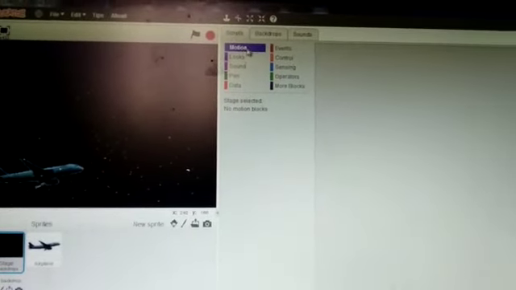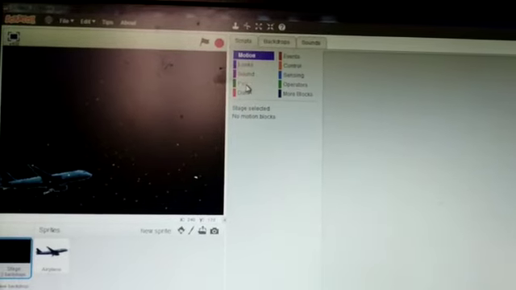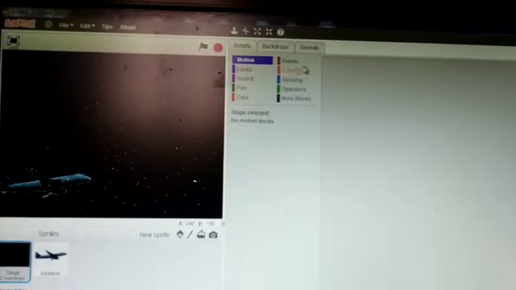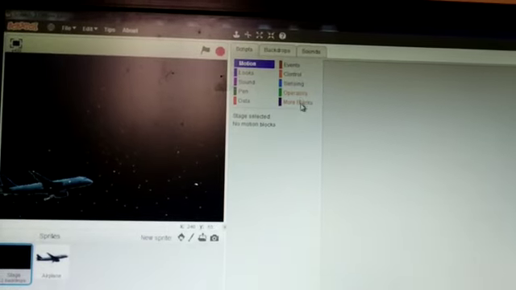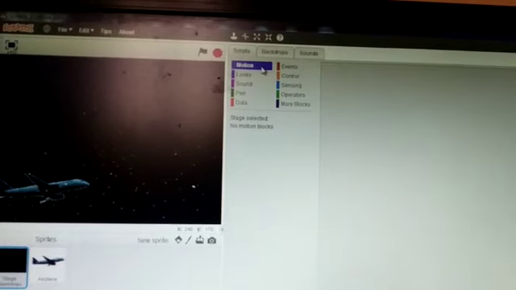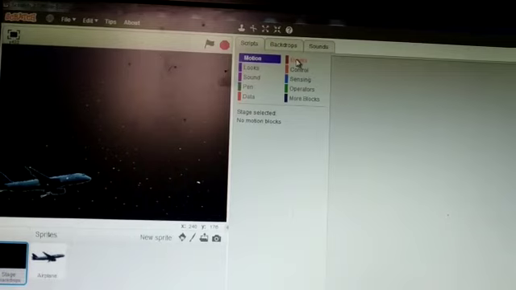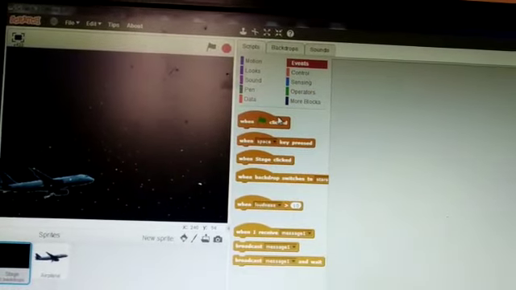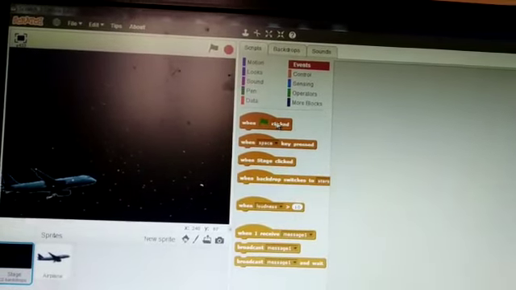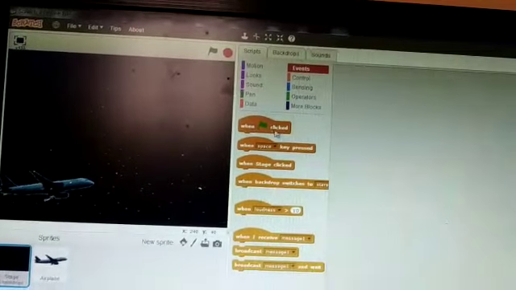Then you can see all these are our blocks: motion, looks, sound, pen, data, events, control, sensing, operators, and more blocks are here. So today we will use this motion block. Just click here. First we have to click on Events, and we will give this When flag clicked block by dragging with the help of the mouse.